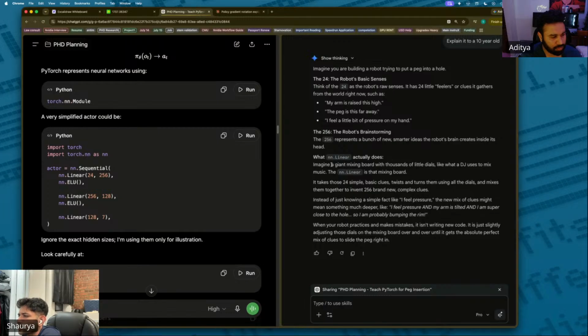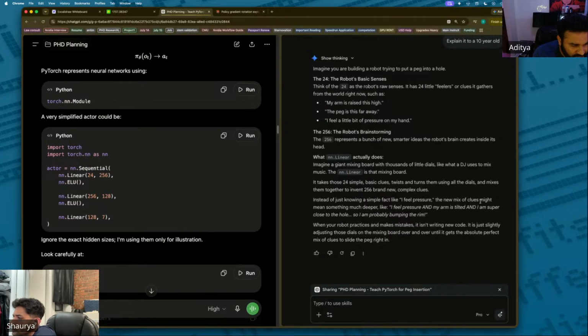What nn.linear actually does: imagine a giant mixing board with thousands of little dials, what a DJ uses to mix music. The nn.linear is that mixing board. It takes 24 simple basic clues, twists and turns them using all the dials and mixes them together to invent 256 brand new complex clues. Instead of just knowing a simple fact, like I feel pressure,